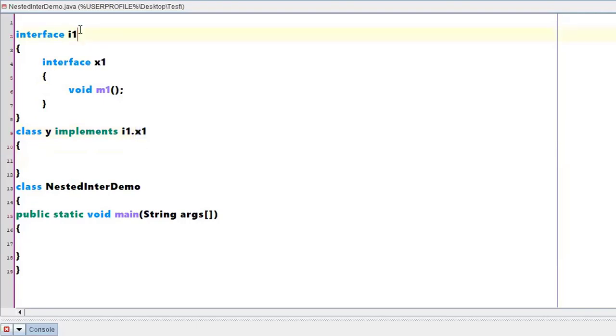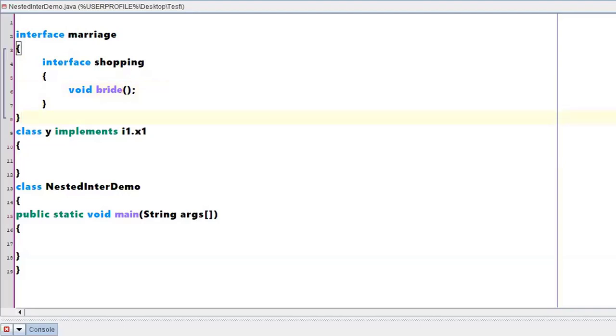If these names are confusing, say for example, within a marriage, I have an interface called shopping. Within shopping, I have a method called bride.